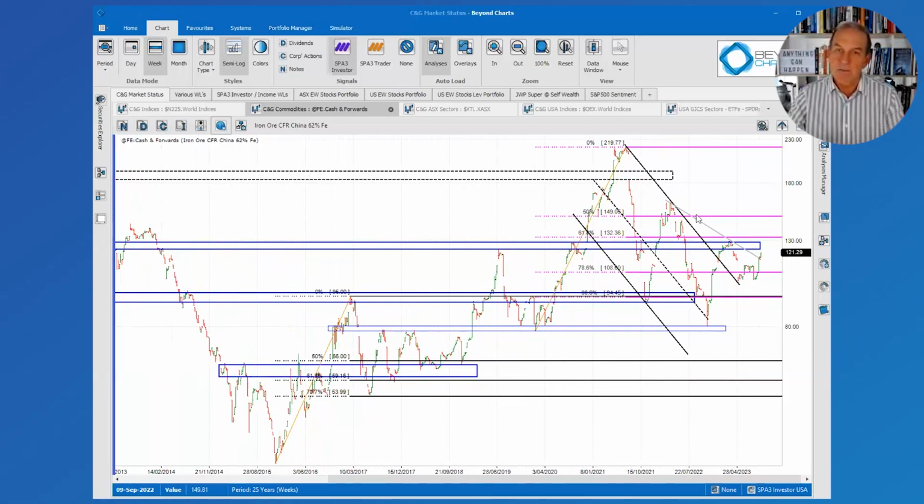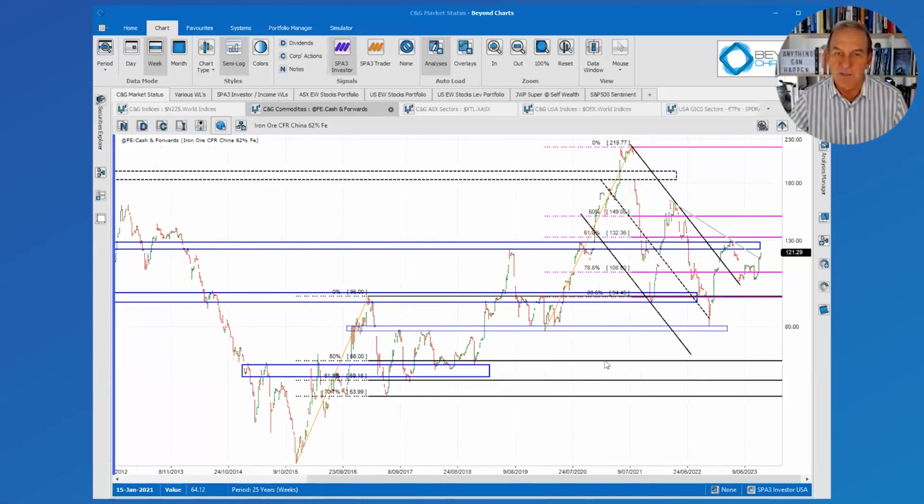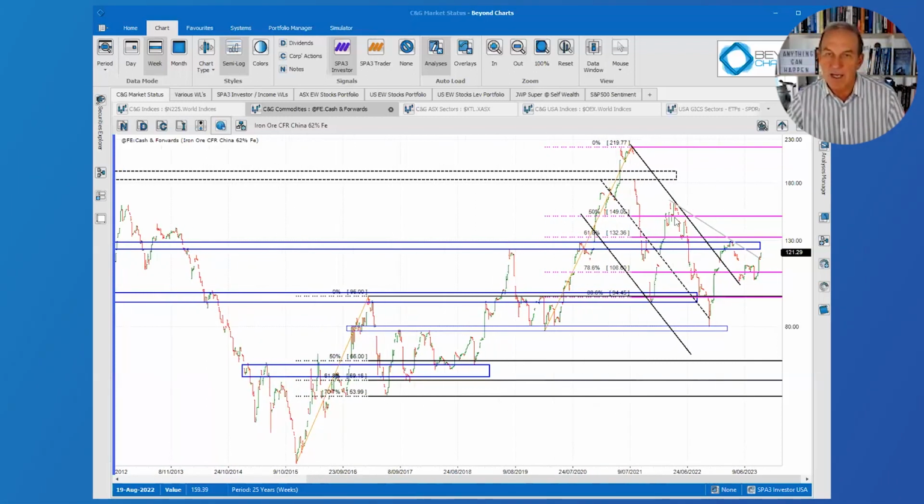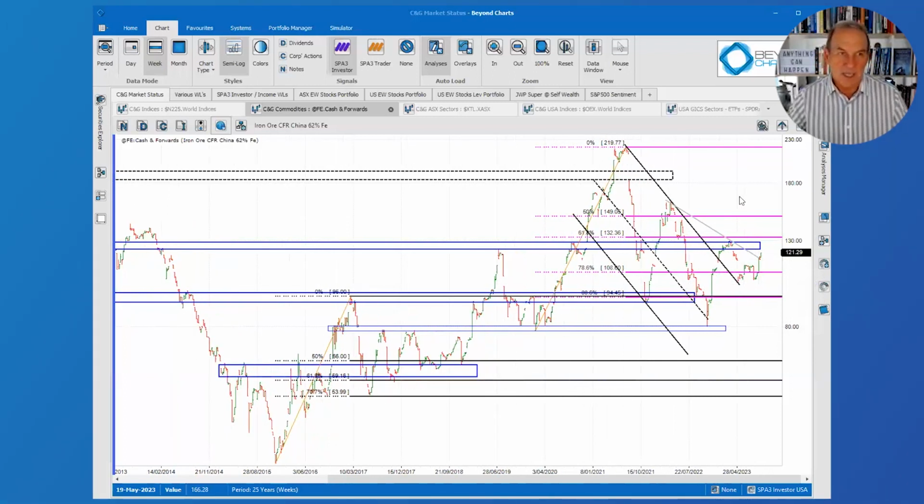And that continuation pattern being such a wide one and running over a few months, in my technical view, would be a continuation of this uptrend, this very wide uptrend that started back here in 2015. So keep an eye on this trend line, this downward trending light gray trend line over here, to see if this breaks. If it breaks above, it has to also break above this resistance zone, this blue resistance zone here, just below $130. And in which case, obviously, iron ore stocks would have a crack again.